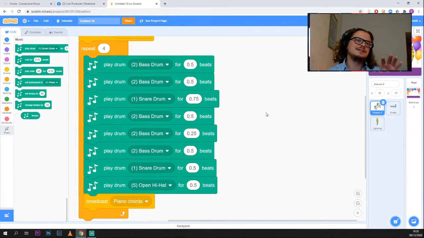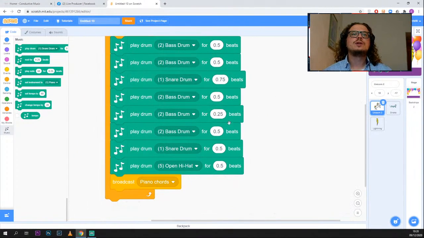Let's say that for the snake solo, we want to change the backdrop. How do we do that? Well, we need to create another message at the end of the drums, but this time, instead of putting it inside,